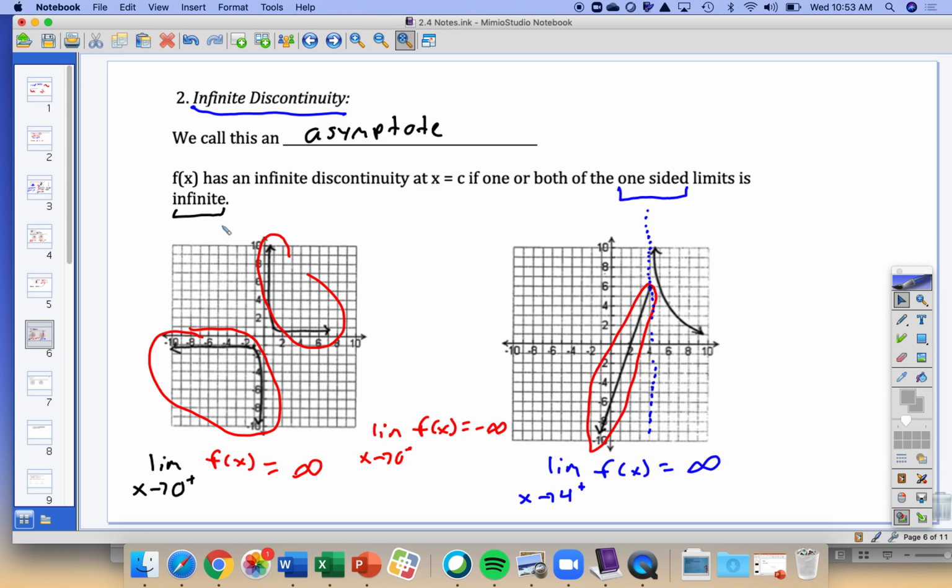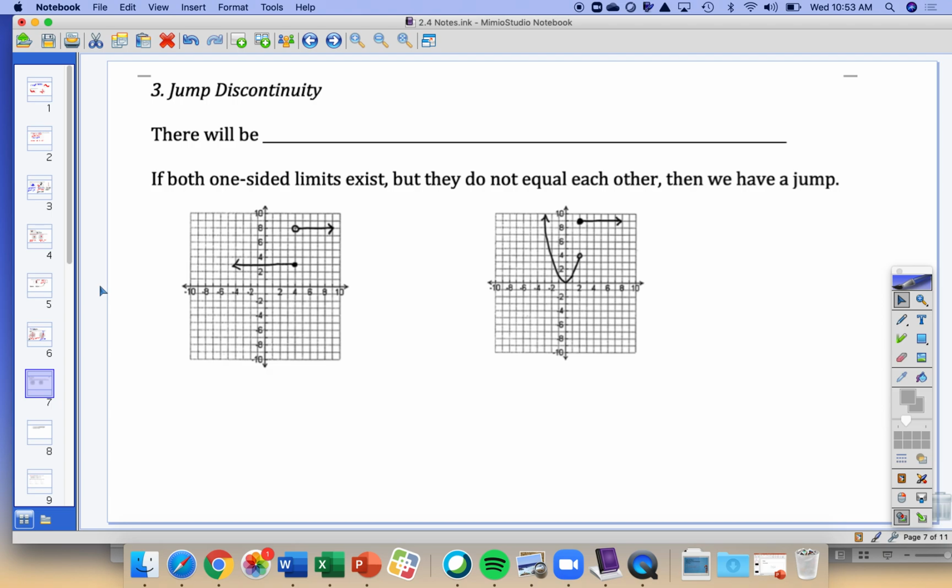So we have removable discontinuities where you can fill in a hole. You have an infinite discontinuity, which is an asymptote, and then you have a jump discontinuity. There will be an actual jump in the graph. Okay, and when you have a jump discontinuity, that's where you have only one-sided limits existing, but the limit itself